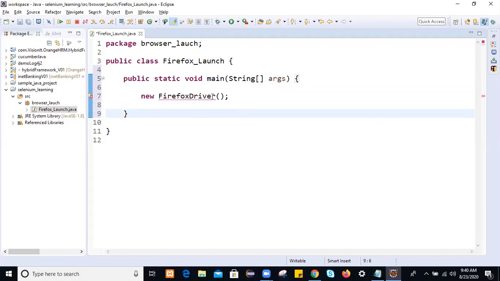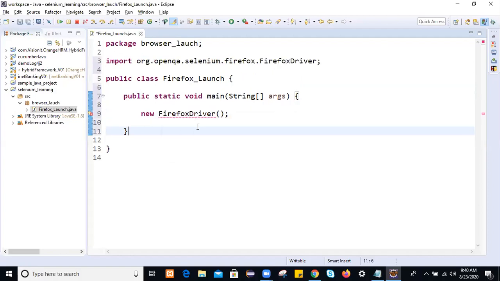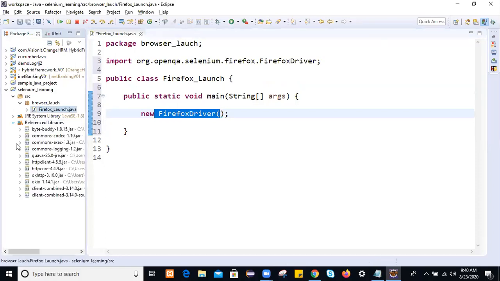If you create a Firefox driver object, it will ask from which package you want to import this class. Import it from the org.openqa.selenium.firefox package.